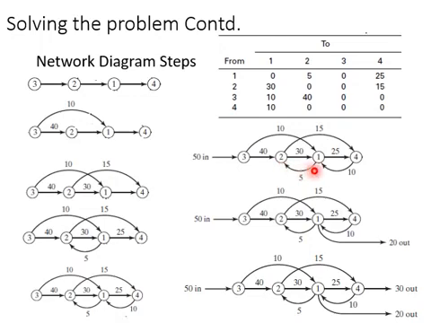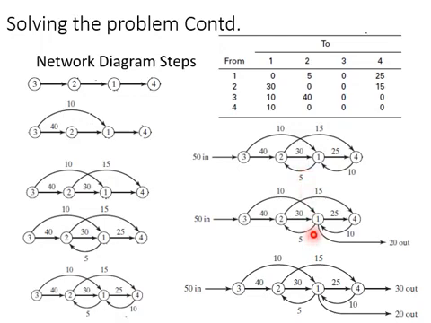Now the same thing we have to check for machine 1. How many parts are entering machine 1? You can see 30 plus 10 plus 10, 50 parts are entering machine 1. And how many parts are leaving from machine 1? We can check. So 25 plus 5, 30. So there is a deficit of 20.